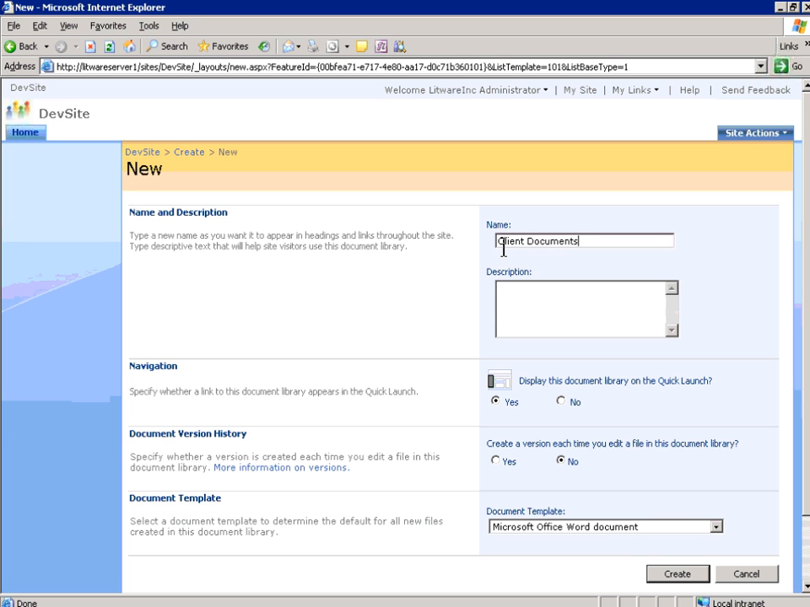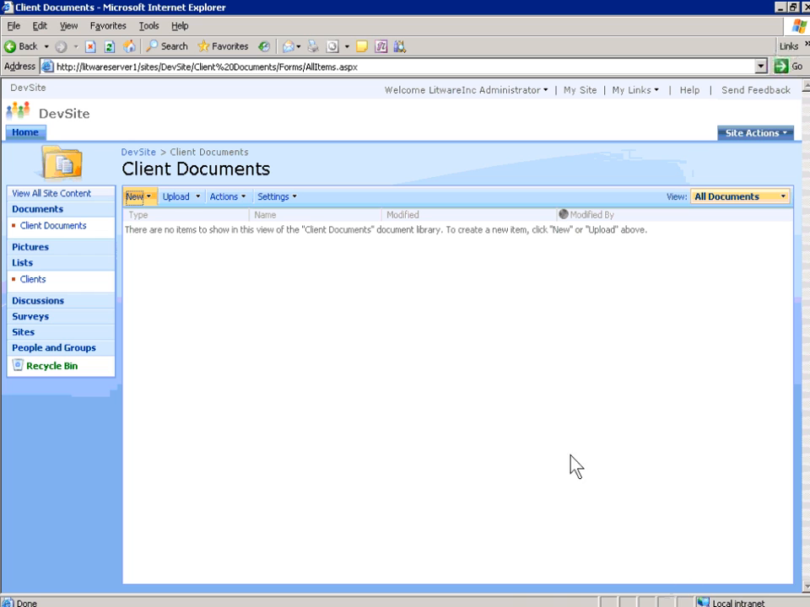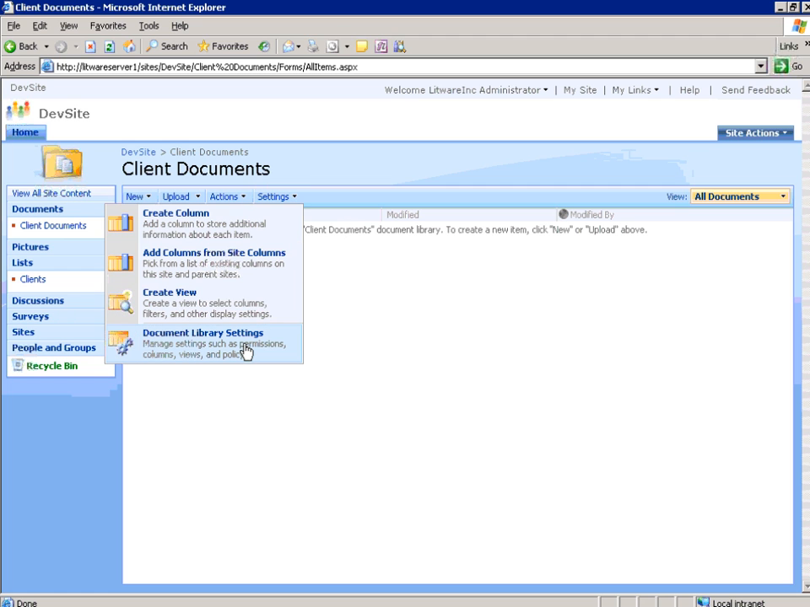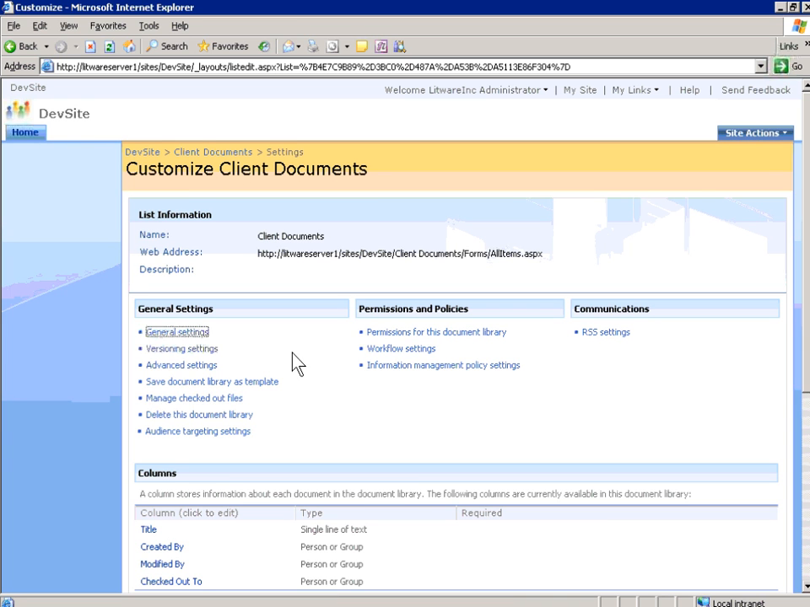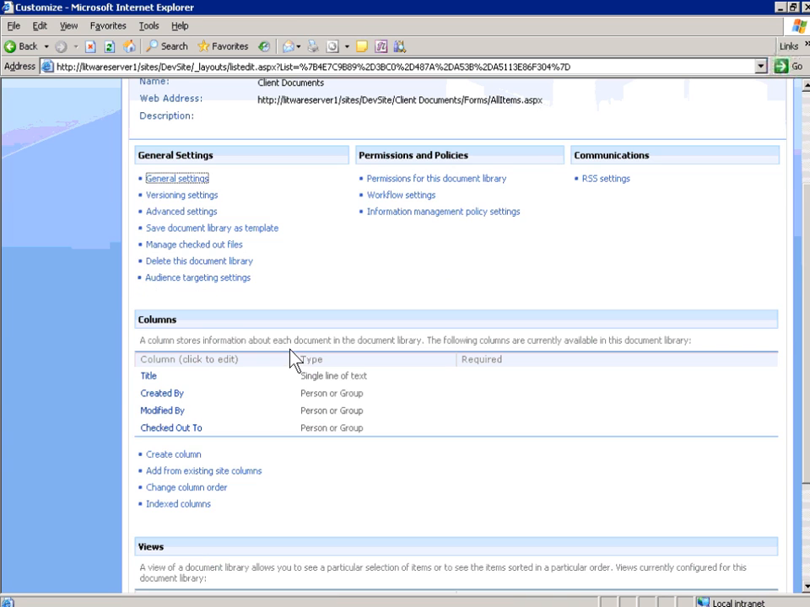And I'm going to call this Client Documents. Once we create this document library, just like any other document library, I can go ahead and add extra metadata columns. So let's add a new metadata column. But this time, instead of picking a column that's defined inside the context of the document library, I'm going to leverage one of these